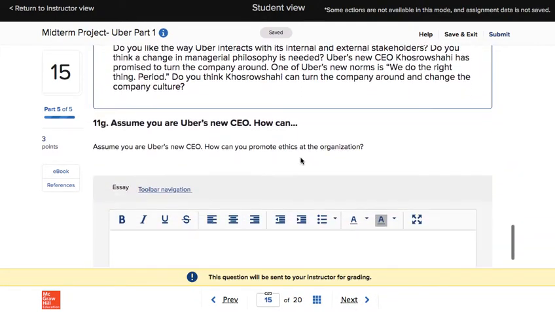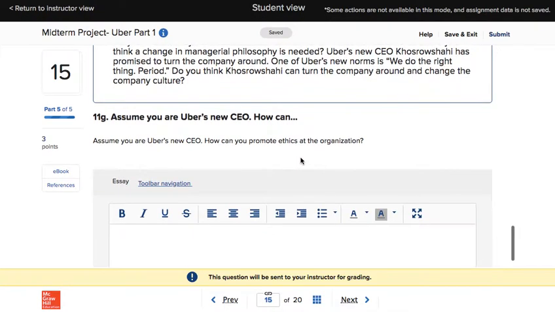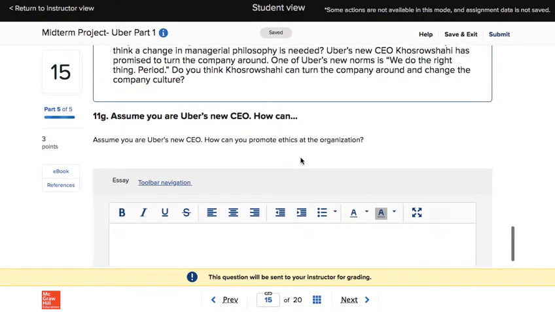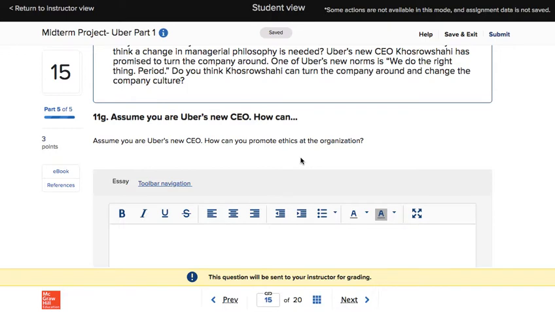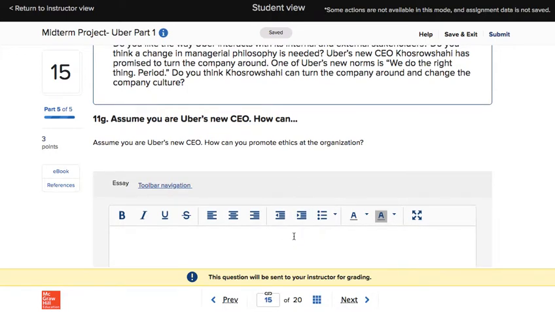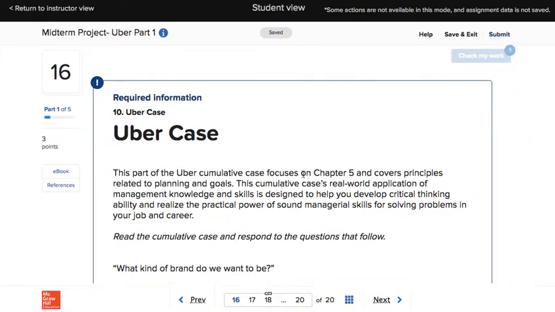Then they'll take you to an essay question. Assume you are Uber's new CEO. How can you promote ethics at the organization? All right. So you'll answer that question in one or more sentences. Click next. This now takes you to